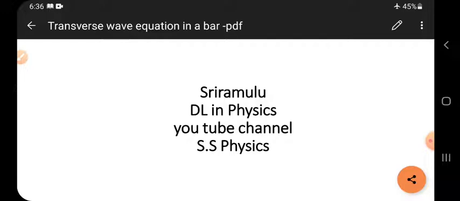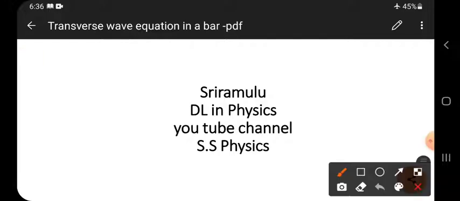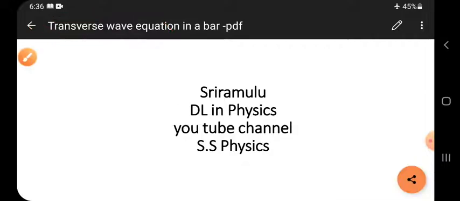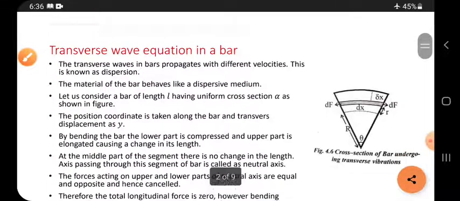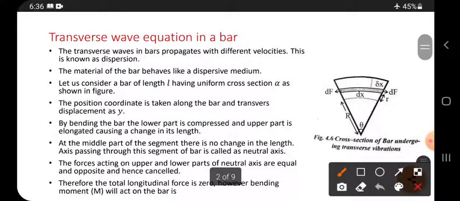So today's topic is important, most important, that is the transverse wave equation. Already we have derived the longitudinal wave equation in a bar. Now the transverse wave equation. Transverse wave equation in a bar. The transverse waves in a bar